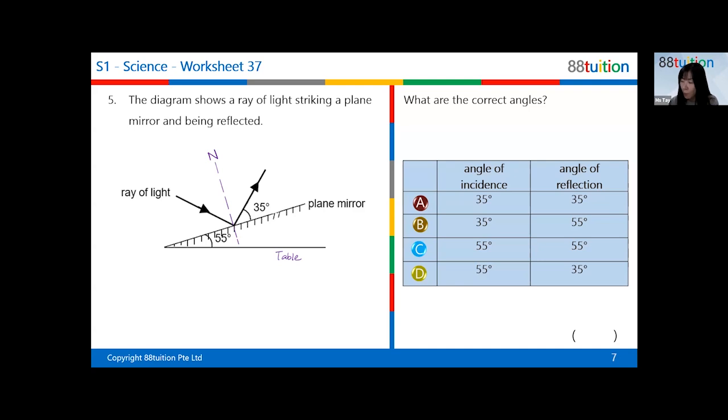Now, when you want to look for the angle of incidence or the angle of reflection, it doesn't matter so long as it is the angle that is between the light